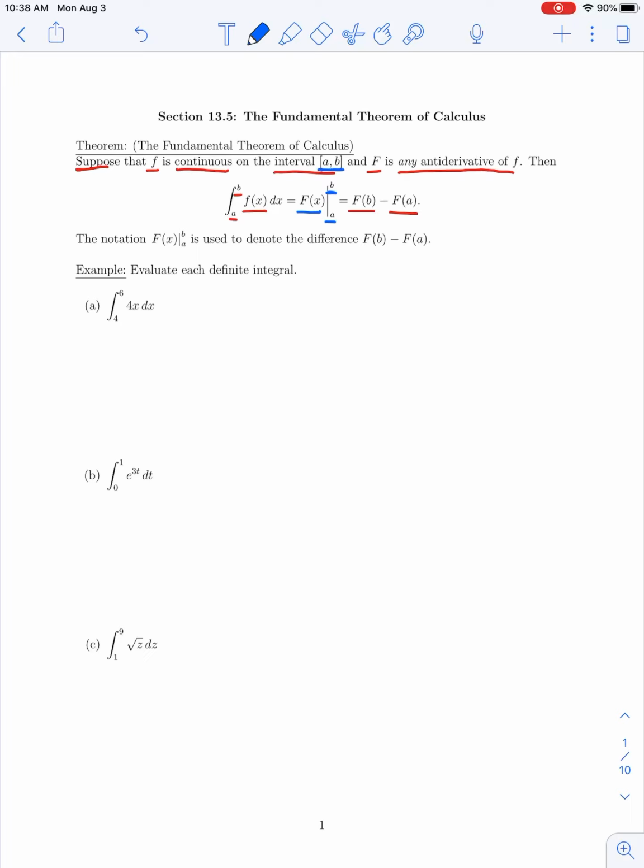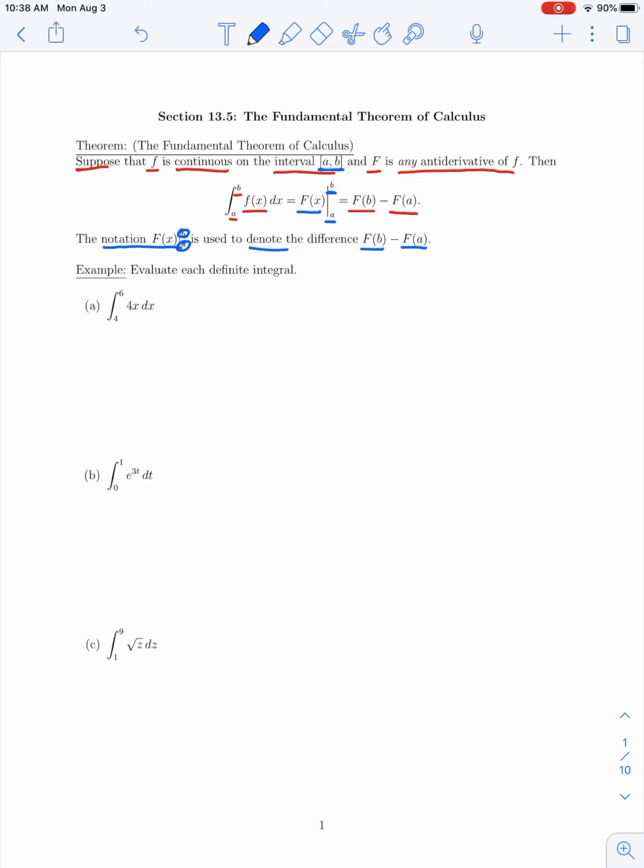So again, this notation, if we have a function and then after it we're writing a vertical bar with these values a and b, we're using that to denote the difference F of b minus F of a. So that is, we're evaluating this function at the upper endpoint first, and then subtracting the value of the function